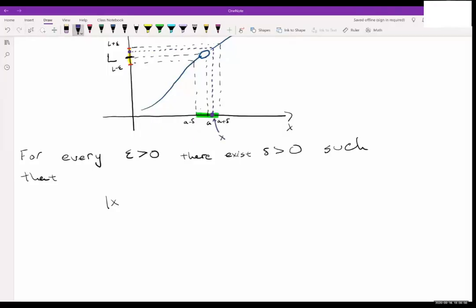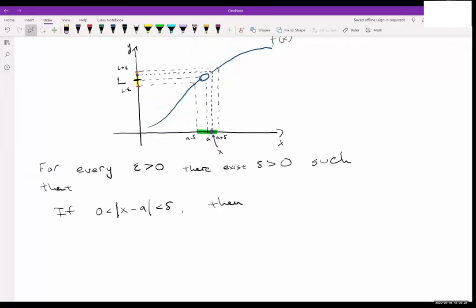As long as we pick an x that is a distance from A that's less than delta but greater than 0. Remember we talked last time that this is the distance between x and A. As long as the distance between our purple point and A is less than delta, it puts us in the green region. So if this is true, then we're guaranteed that the distance between f of x and L is less than epsilon,